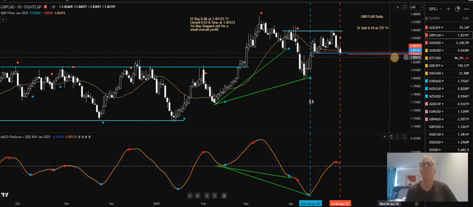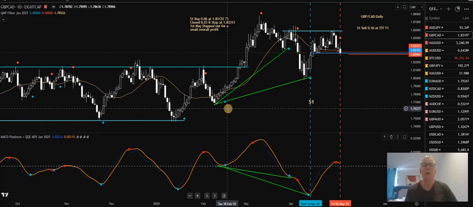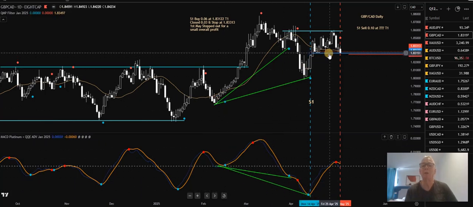Now, Monday, this is the only trade signal. But before we get into that, let's have a look at what's happened. Over here, you'll see a buy. This buy was taken on this date, 15th of April, this blue line. Remember, buys are blue. There was divergence there. You can see all the lines drawn. It was a nice hidden bullish divergence. Took the buy somewhere in here. MACD Plat went through the zero level, closed half at this previous high here, put a stop in place. And on the 1st of May,